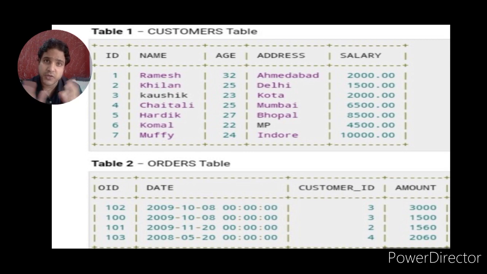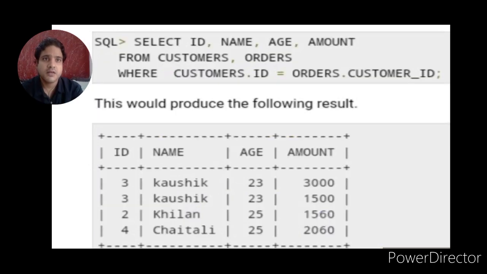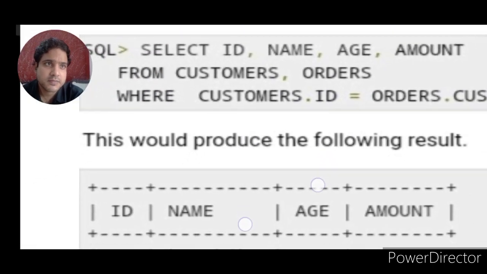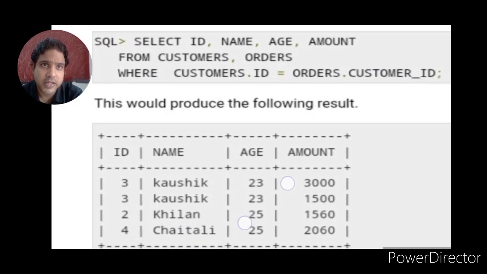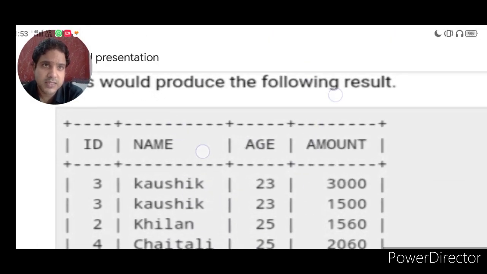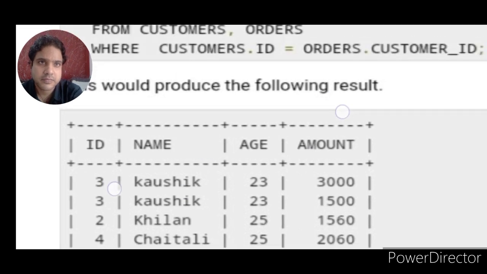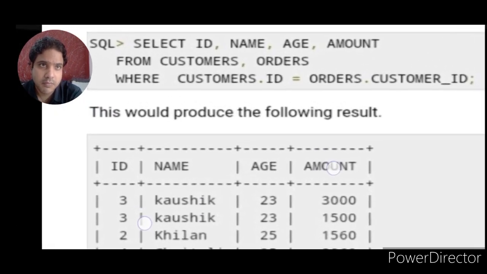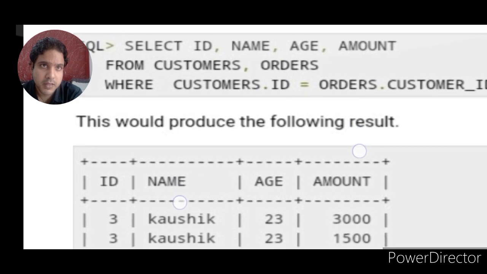How can we match? We know that we will write it in the where clause, in such a manner. Above you can see: select ID, name, age, amount.